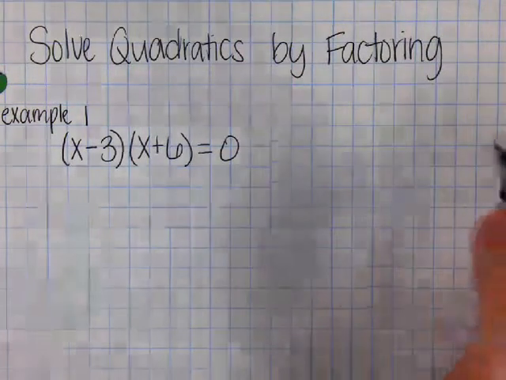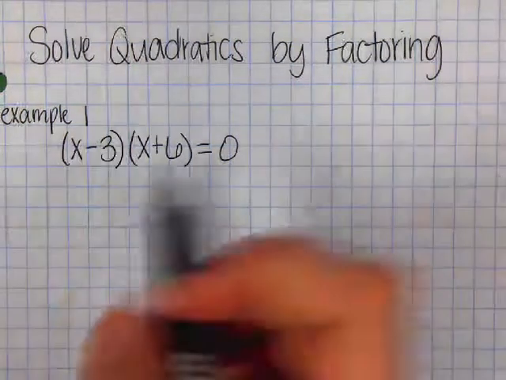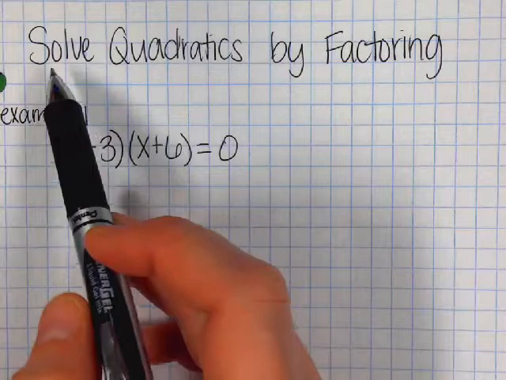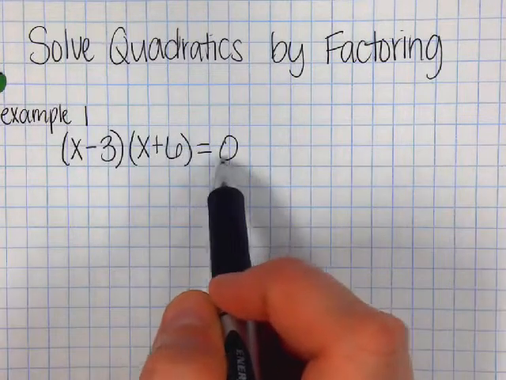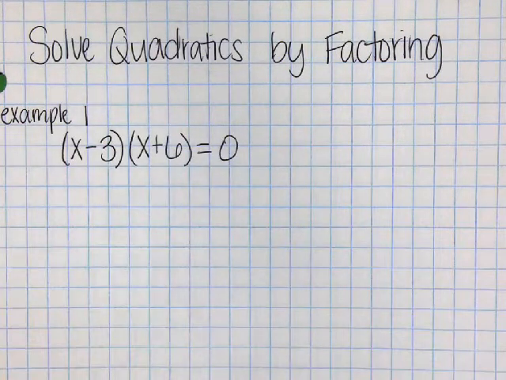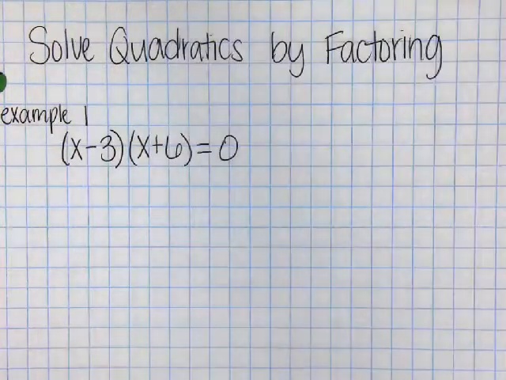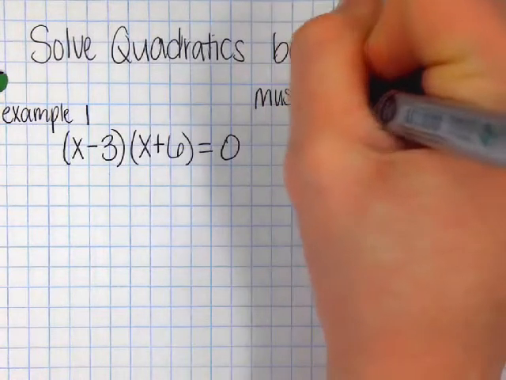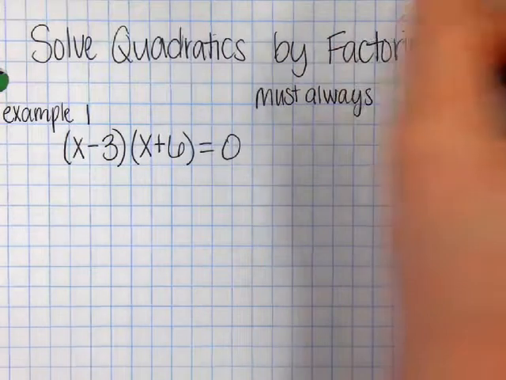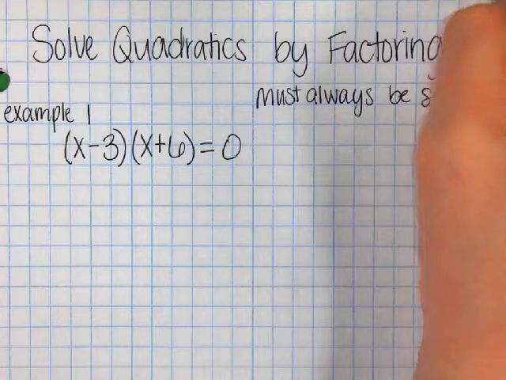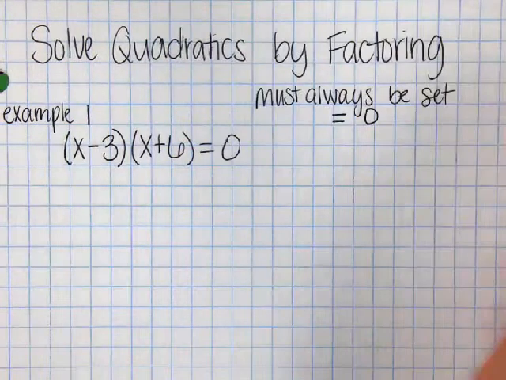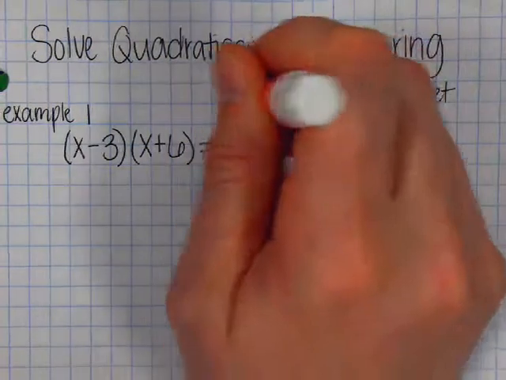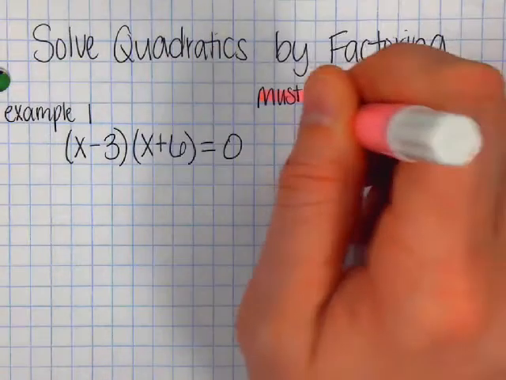Solving quadratics by factoring. If you notice, this one's already factored. The only difference here, remember, when we solve, it has to be set equal to 0. So make sure you make a note of that, and I would highlight it. Must always be set equal to 0. You cannot solve these until they're equal to 0, because remember, we're just trying to find the